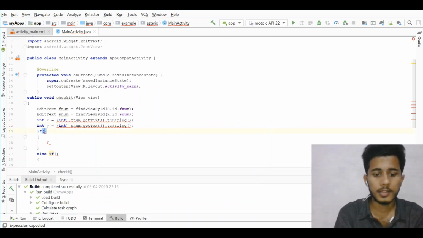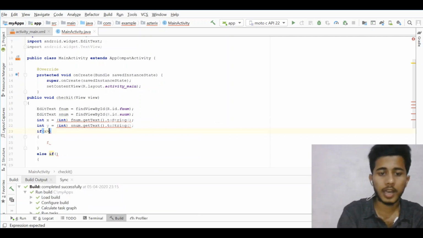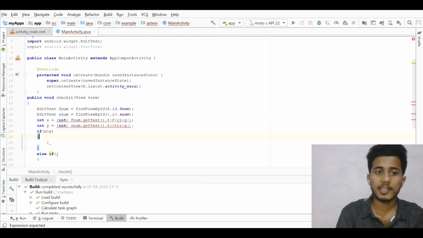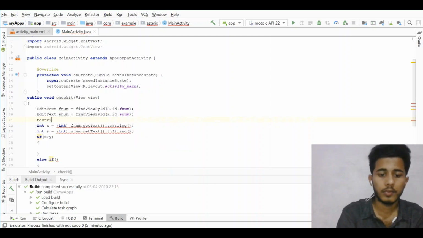So if x is the first num, right? If x is greater than y, this is a condition, right? If x is greater than y, then what we have to change is the plain text, where we want something that is a TextView, right? So first we have to access the TextView here, TextView, capital T, because it's a type of variable. So TextView,